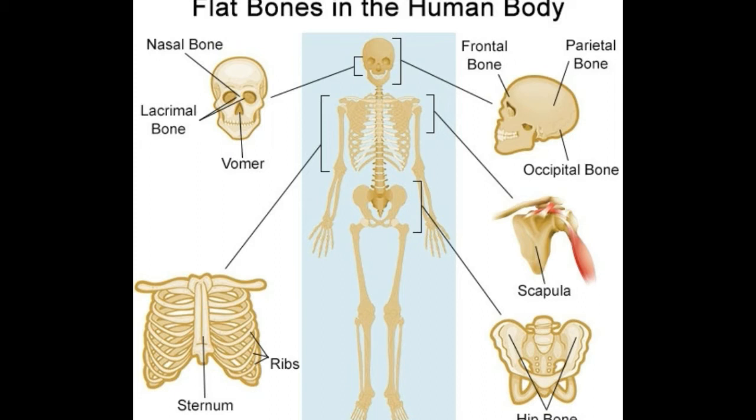Sphenoid bone. This is a single bone that is situated at the base of the skull in front of the temporal bones and basilar part of the occipital bone. Its shape resembles that of a butterfly and it is one of the 7 bones that form the orbital cavity or